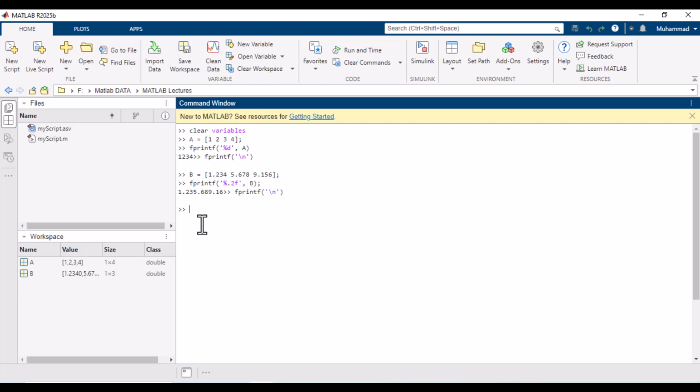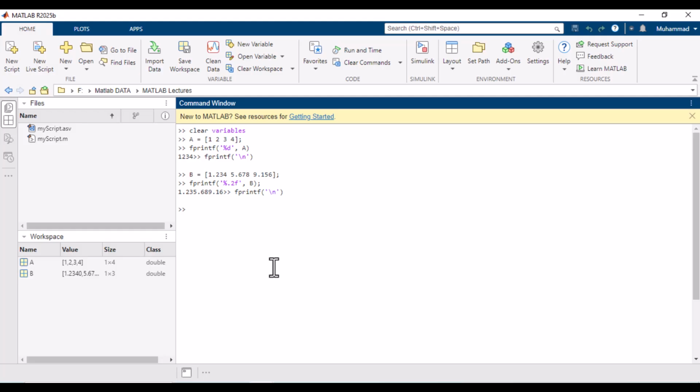For a matrix, you can use a small loop to display each row, but it's out of scope now. We will learn about loops in coming lessons. Since scripts run in the base workspace, variables are visible after execution. This can be helpful for quick experimentation, but in complex projects, this can override existing variables accidentally. Best practice is to always check variable names or use functions for isolated workspaces, which will be studied in the next